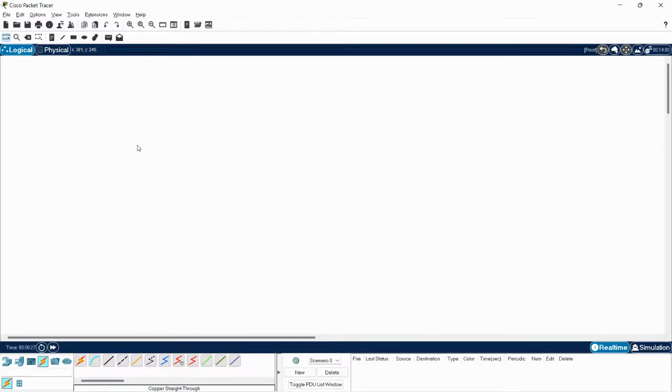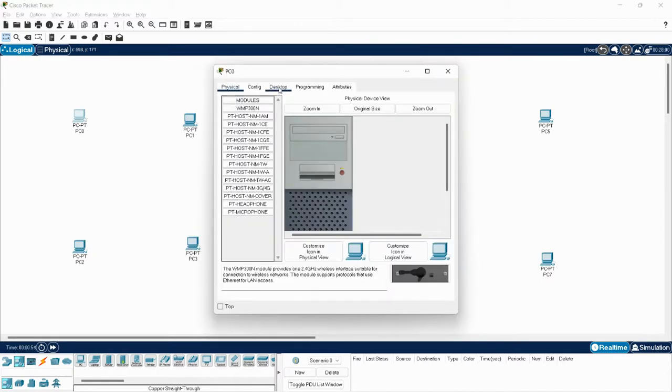I am here to demonstrate my submission on question 1 of CC assignment 2. Firstly, I am going to place 8 virtual machines, of which 4 belong to VLAN 10 and 4 belong to VLAN 20. I am placing the virtual machines belonging to VLAN 10 on top and the bottom virtual machines belong to VLAN 20. Let me go ahead and configure the IP address for each virtual machine.